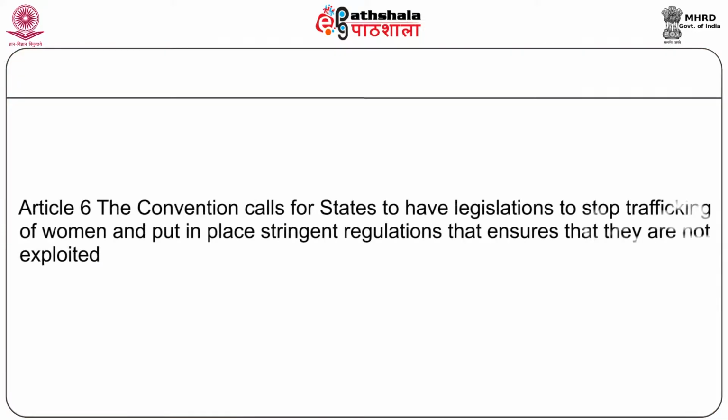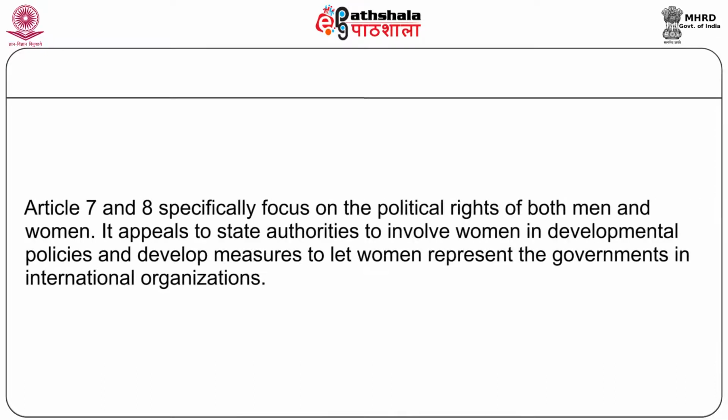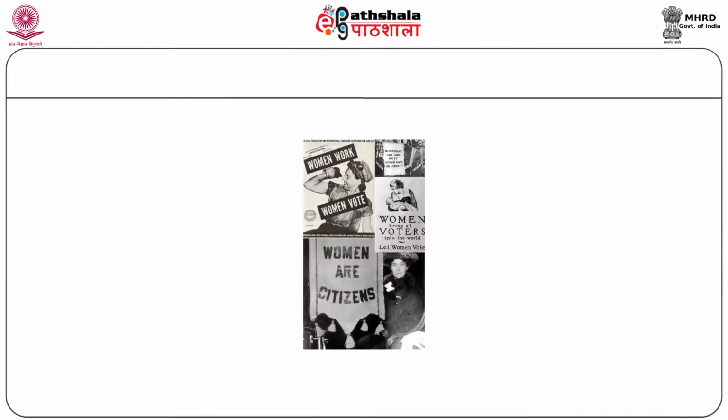The 6th article of the convention calls for states to have legislations to stop trafficking of women and put in place stringent regulations that ensure that they are not exploited. Articles 7 and 8 specifically focus on the political rights of both men and women. They appeal to state authorities to involve women in developmental policies and develop measures to let women represent the governments in international organizations. So these 2 articles are more about the political representation of women in both national and particularly